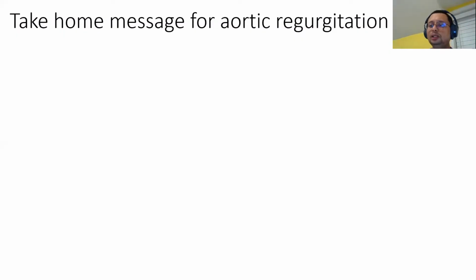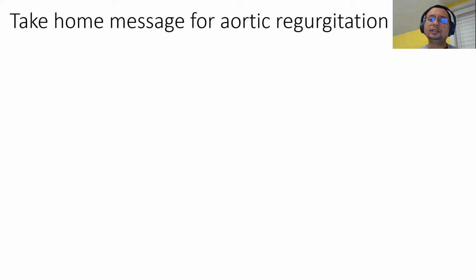So we have talked a little bit about aortic regurgitation. I have talked about how to assess the echo severity of aortic regurgitation. We have talked about when to send the patient for surgery, remembering symptoms and also the 50-50 rule, the EF of 50% and the systolic dimension of 5 centimeters. I told you the importance of differentiating acute severe from chronic severe aortic regurgitation. I have also explained the hemodynamics behind premature closure of the mitral valve and diastolic mitral regurgitation and premature opening of the aortic valve in severe aortic regurgitation.